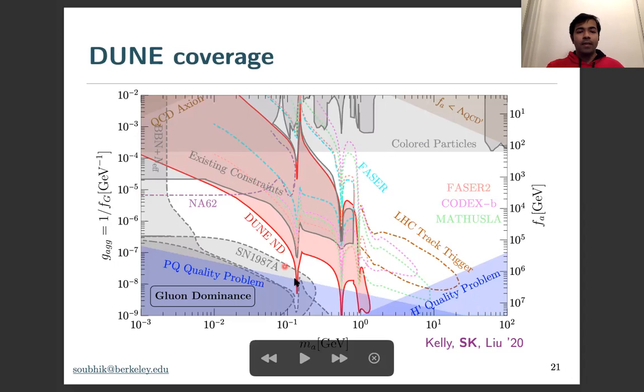Here I'm showing that with the solid red line, and you see that especially for sub-GeV axions, it can constrain a quite complementary part of the parameter space, going below the existing constraints, and also complementary to various other proposed experiments, such as the track trigger search at LHC, which we proposed earlier, and along with also FASER 2, CODEX-b, MATHUSLA, and also NA62 for very light masses. So that's the main point here.